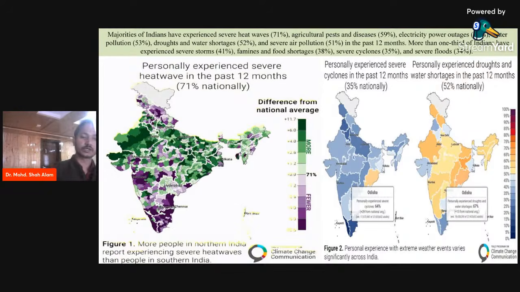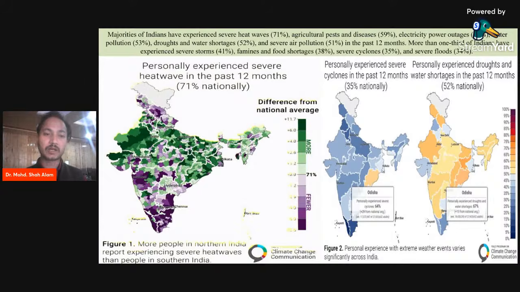Next map was prepared by Yale Climate Change Communication. Figure number one shows the number of people in India that are reporting severe heat waves compared to the people in southern India. See, this map is made by Yale, and they go personally to the individual population, to individual men and women, and ask about their experience. Have they experienced any heat waves, or any severe heat waves or severe cyclone,